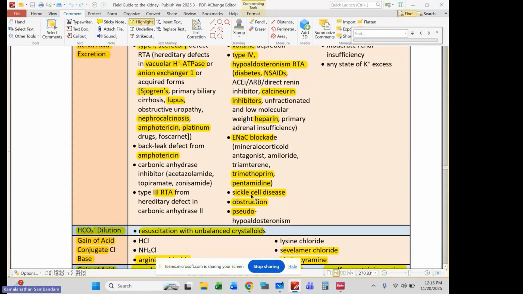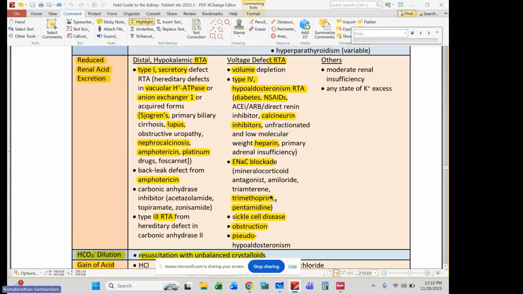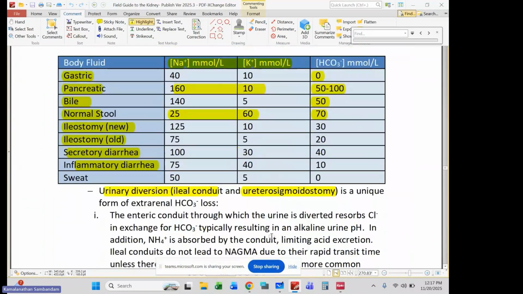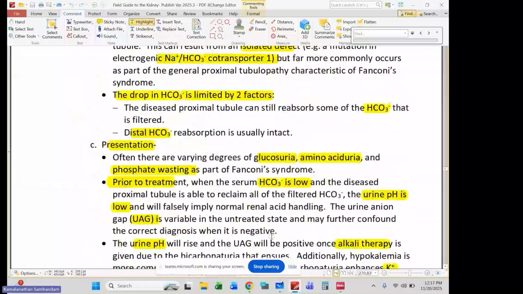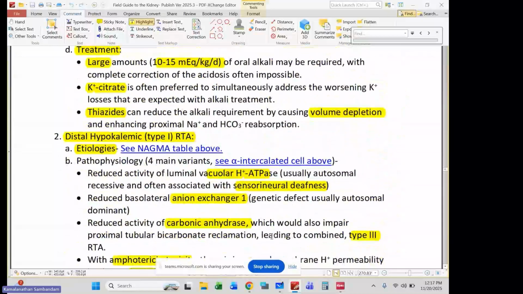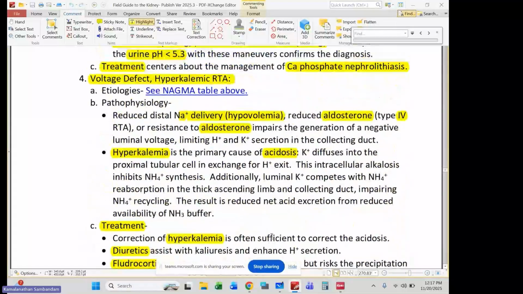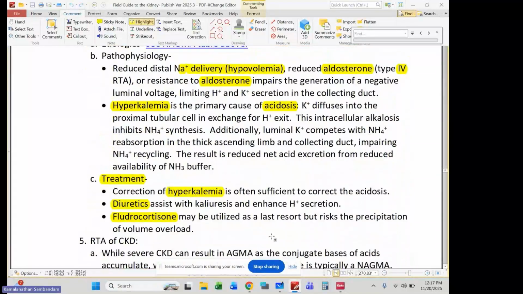Sickle cell disease is a scenario in which we see hyperkalemia and metabolic acidosis, so fitting this phenotype. And then if I have a mineralocorticoid receptor defect that approximates hypoaldosteronism, so-called pseudohypoaldosteronism, those would all be examples of voltage defects. Okay, so I hope that backtrack gets us back on point, and we can continue to move on